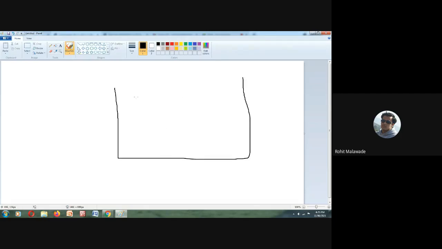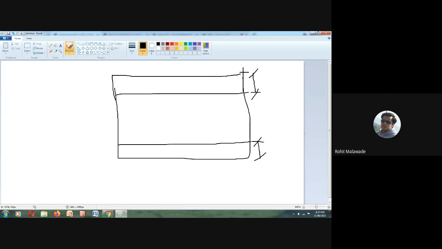So this is your extra depth of 1 meter for sludge zone. This is your sludge zone, right? And 0.5 meter extra as a freeboard. This is your freeboard. The extra space that we are going to leave above the high level of water, that we call a freeboard. So this is your freeboard.